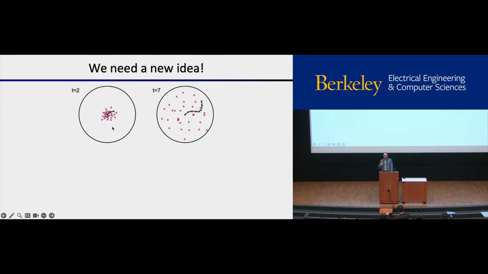This is a picture of likelihood weighting again, showing you visually what happens. These are the actual states, and we're getting evidence that tells us it's around here. If we do likelihood weighting, we're not changing the samples at all, we're just running them forward. At time t equals 2, here's our distribution over the state. At time t equals 7, here's our distribution over the state. We're just running them through, and at the very end, we're down-weighting the ones that are bad.